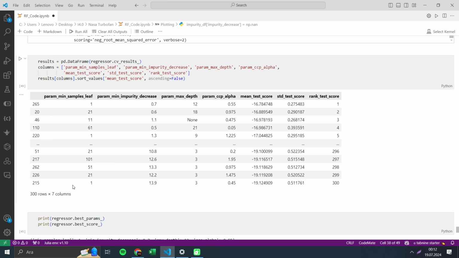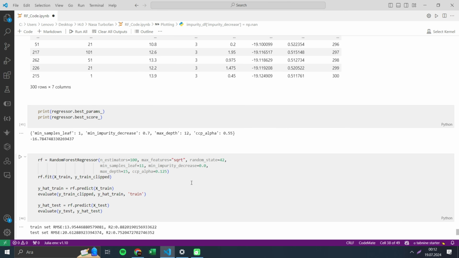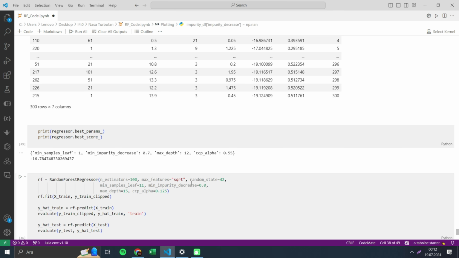And here the worst performance, the lowest performing combination has param min samples leaf equal 1, and param min impurity decrease, how is it, 13.9, and other values. So what we can say here,